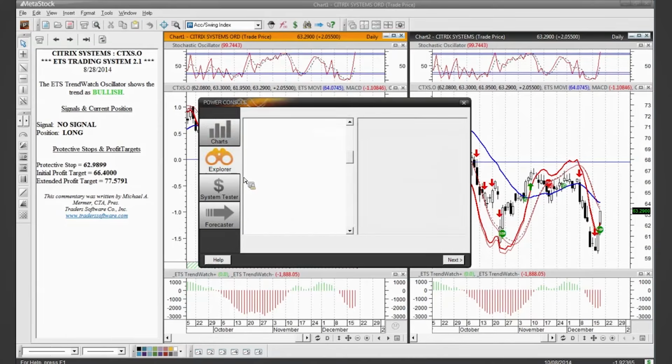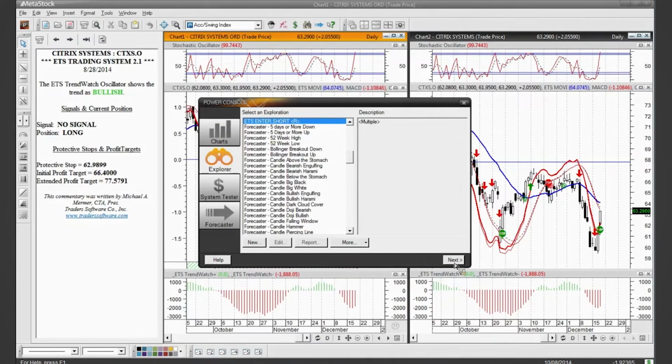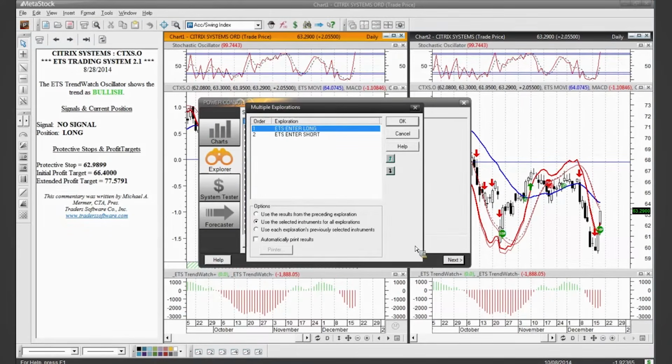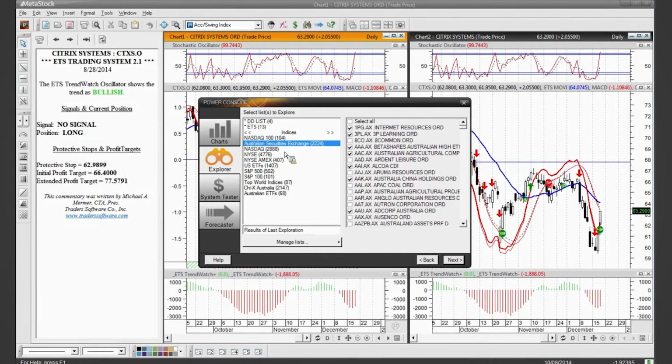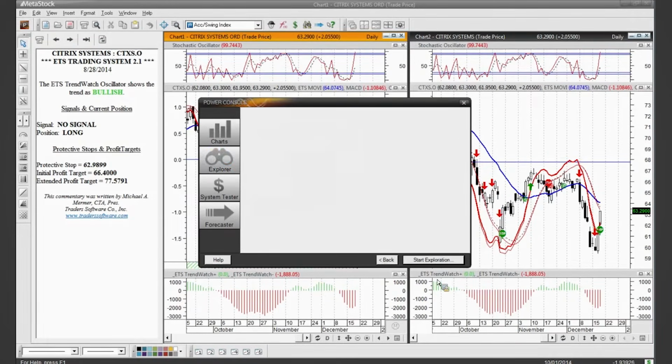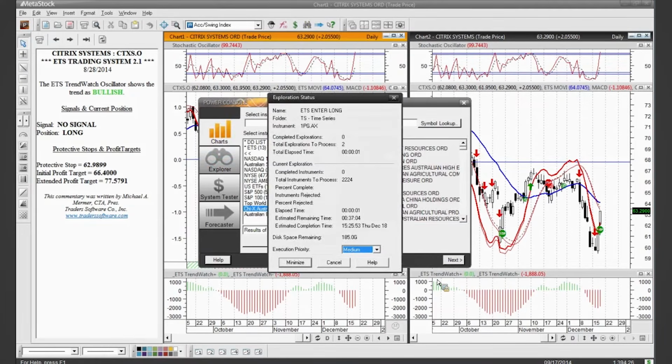Let me go over here. Okay, here we go. So let me just run the scan based on the ASX. Like I mentioned, we have a lot of customers over in the Australia region, but it's always nice to know, okay, well, was this system purely programmed for US markets, or does it work with all? And as I mentioned at the beginning of the webinar, it does actually work with every single market